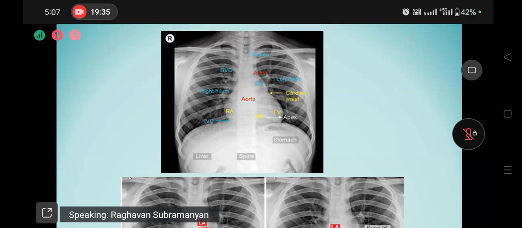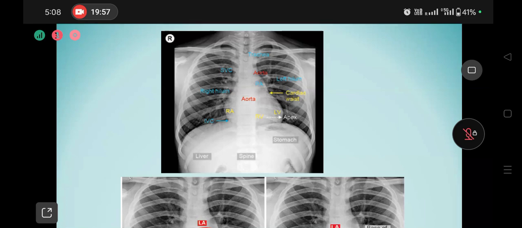Now, on the left side, starting from above, first of all, you see the clavicle, of course. Below the clavicle, you see the aortic knuckle. The aortic knuckle really represents the top of the descending thoracic aorta. And then you see a small bulge, which is the main pulmonary artery. And then you see a depression, which is the angle between the main pulmonary artery and the ventricular mass, which can get filled up when the left atrium gets enlarged. And then you come to the left ventricular mass,